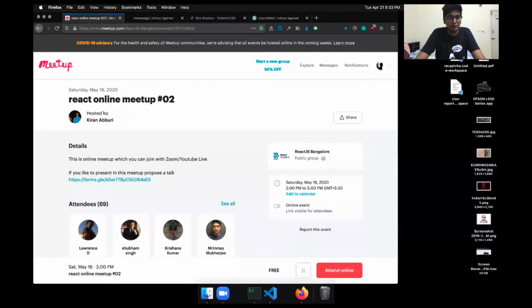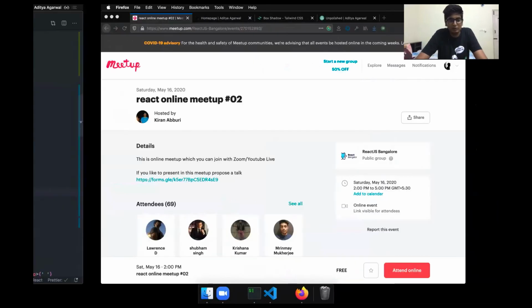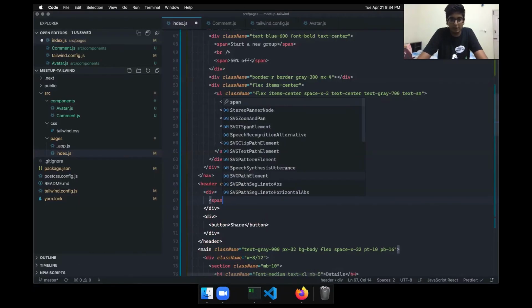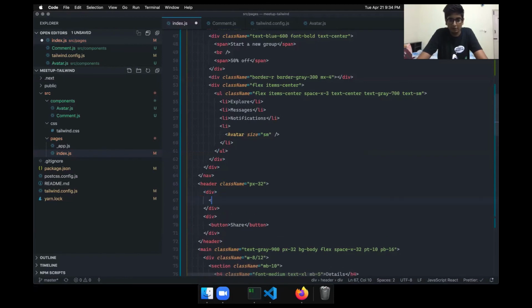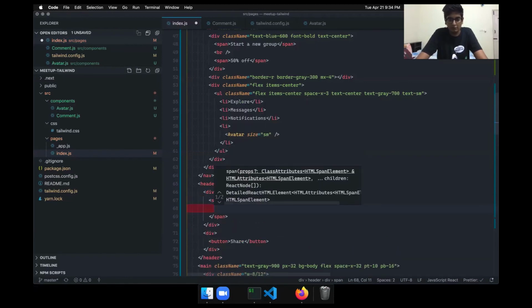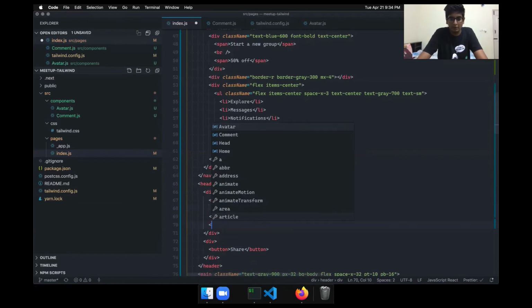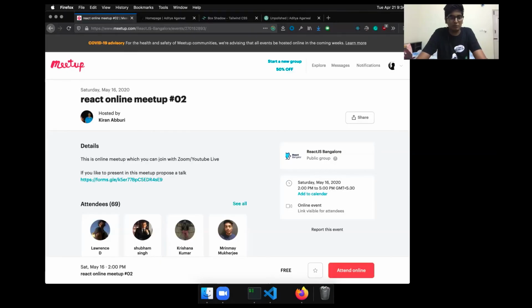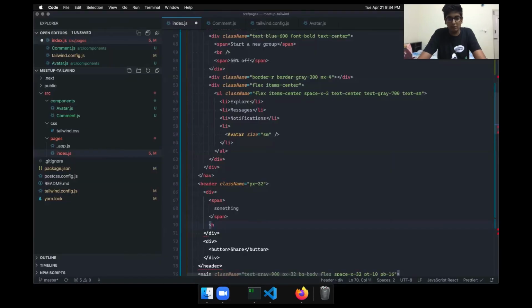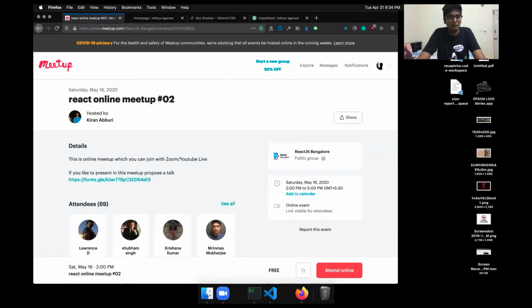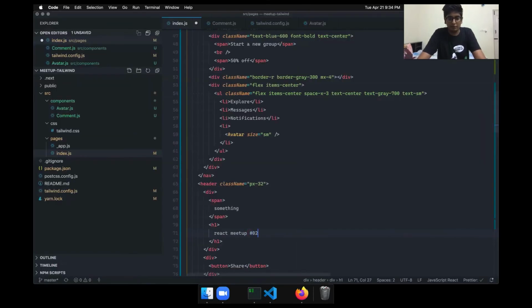And this div has a span, some extra information, then the heading, then something. So in the div, we have some span, then we have our heading. I feel like this should be the H1. React meetup #02.